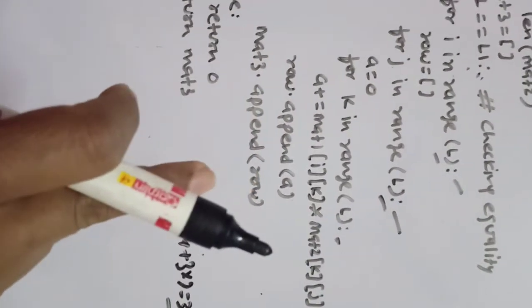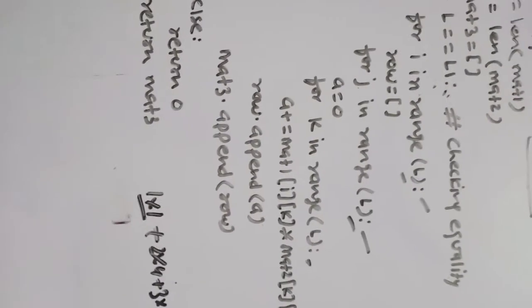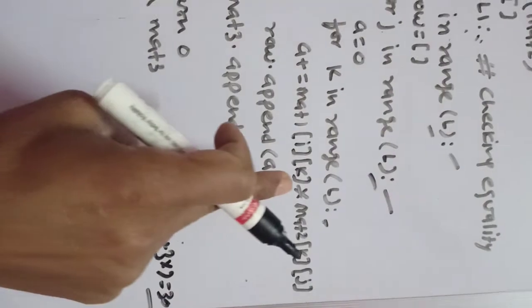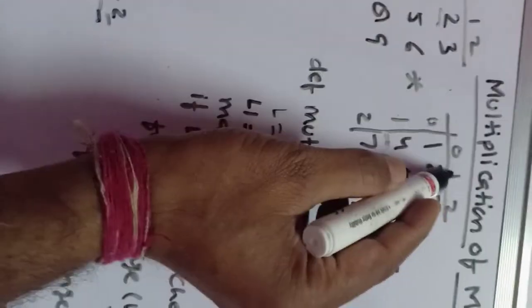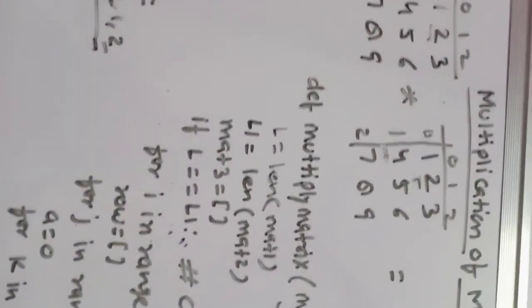When the K loop is terminated, the J loop will start working again. The value of J is 1. When the value of J is 1, K will start rotating again. First rotation, IK is 0, 0. 0, 0 means 1 again. And K is 0, J is 1, so it is 0, 1. Look at here. At the 0, 1 position, 2 is placed.